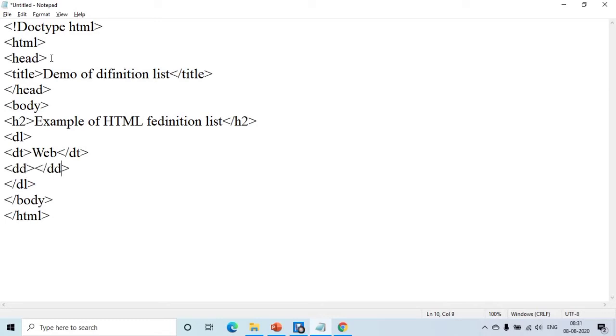So DD tag start and end of DD tag. Within that add the definition of web: the part of internet that contains websites and web pages.